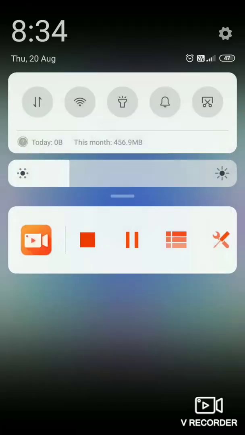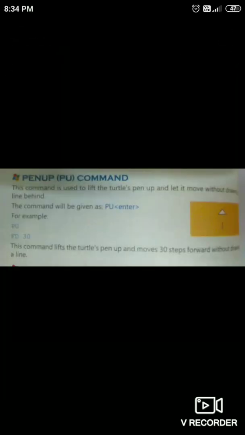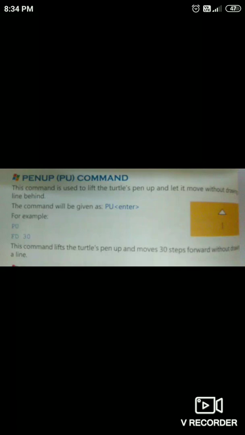Next is the pen up command. This command is used to lift the turtle's pen up and let it move without drawing a line behind.